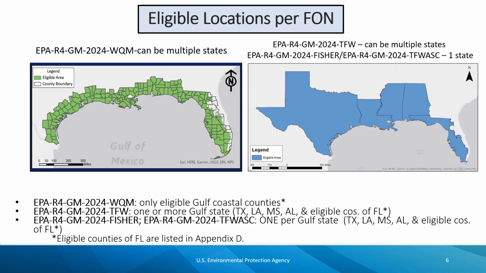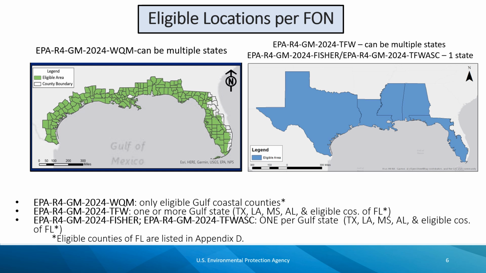Let's talk about eligible locations for each funding opportunity. For understanding water quality through monitoring activities, projects must be in water bodies such as lakes, streams, rivers, estuaries within any of the eligible coastal counties of the 5 Gulf states. For trash-free water, micro nanoplastics in the Gulf of Mexico, project activities must take place in 1 or more of the 5 Gulf states, Texas, Louisiana, Mississippi, Alabama, and Florida, and be within the Gulf of Mexico